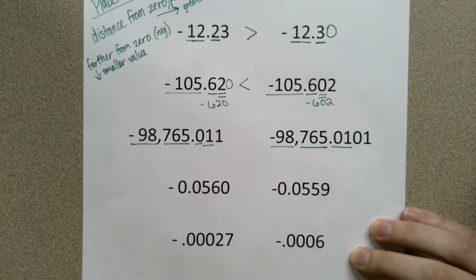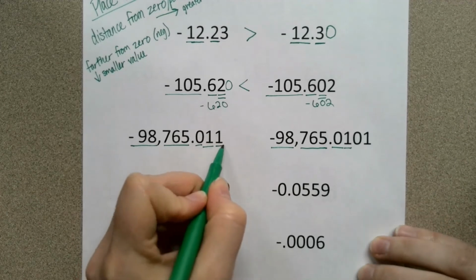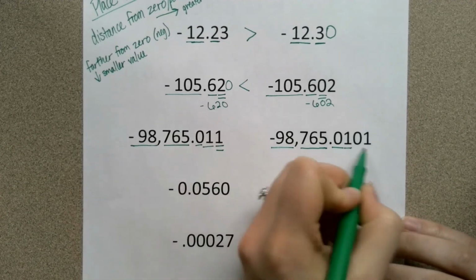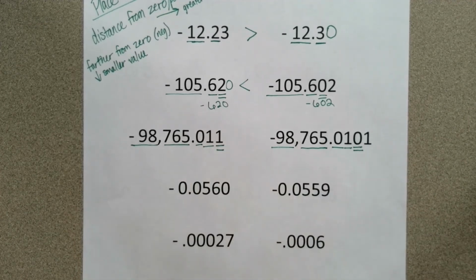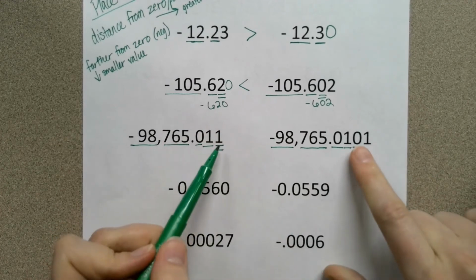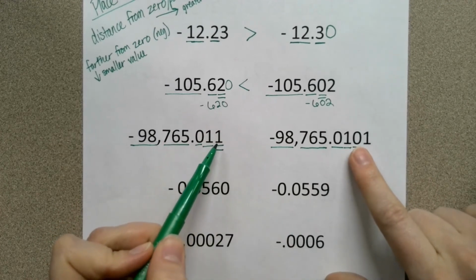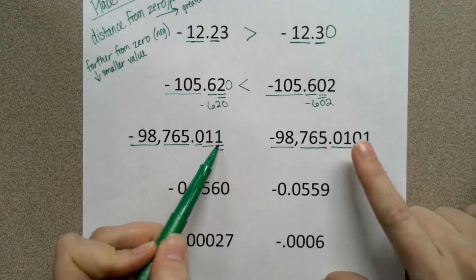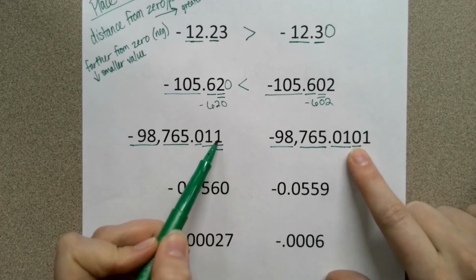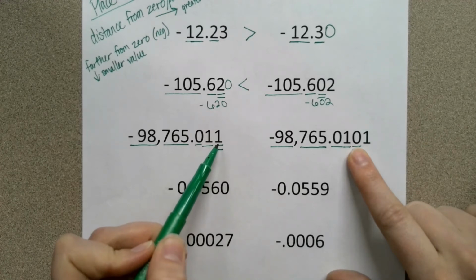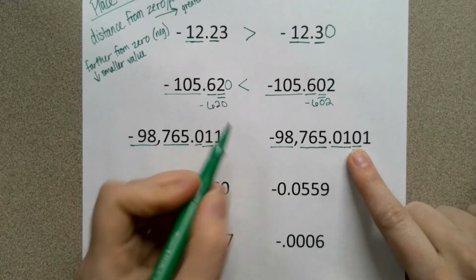So at this point, they're both the same. When we look at the thousandths place, that's when they differ. So when we're comparing them, 1 is farther from 0 than 0 is. So because it's farther from 0, farther negative, it's going to have a smaller value, meaning it is less than